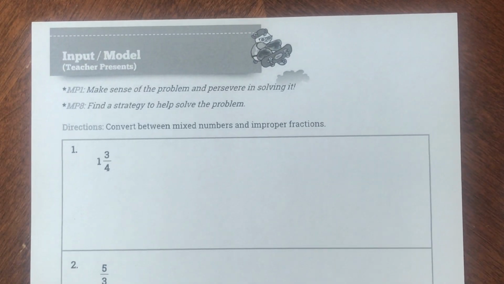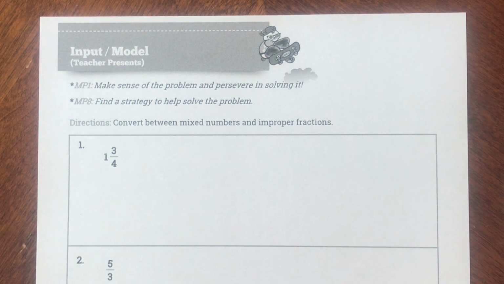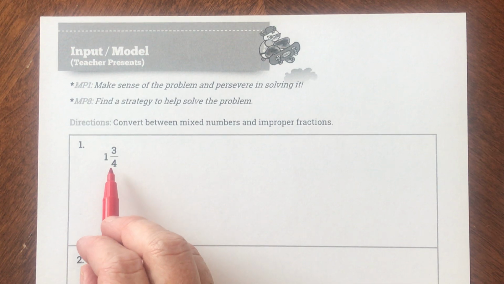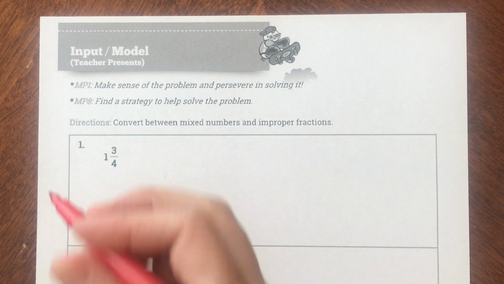Okay, here is my first problem. My first problem is 1 3/4. So this is a mixed number. It's a whole number and a fraction, which is a mixed number. And I want to turn this into an improper fraction. Now, again, I could do a picture, but that's not going to be very efficient or a very good use of our time. So what this looks like in a picture form, I'm going to show you, is it means I have 1 whole,